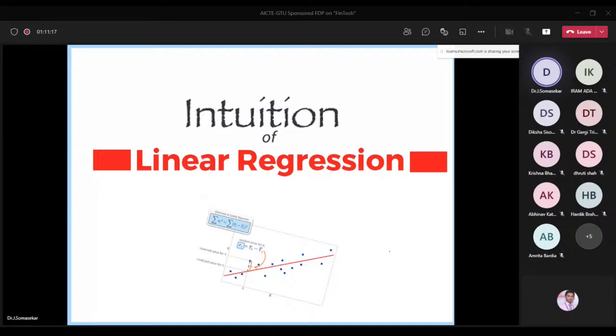So first we will see the intuition of linear regression, and after that we will see how we are going to apply linear regression for the given Bitcoin price prediction, or if we have multiple variables, how multiple regression will apply to the Bitcoin price prediction. But the concept is the same. What we apply for the linear regression intuition is the same thing applicable for other regression models also.